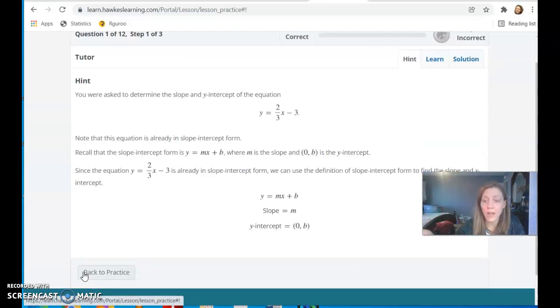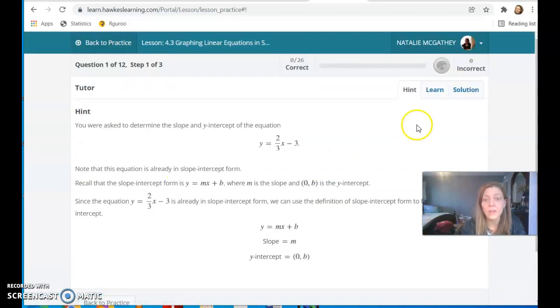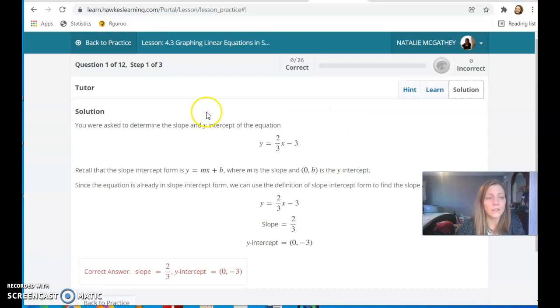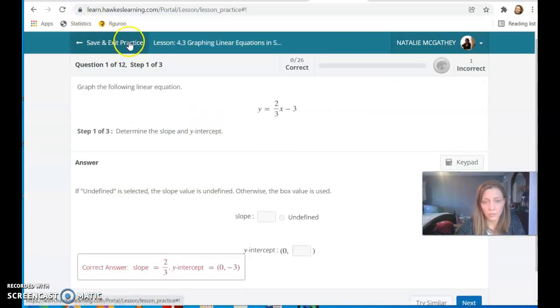This just gives you a little extra support when you're working on your practice problems by yourself. There's 3 modes here. This will give you a hint, and maybe you read the hint and you're like, oh yeah, I know how to do this problem. Or it'll take you back to the textbook, the section of the textbook that covers this. Or you can click on solution and it'll give you the full worked out solution. So all of that is available to you. That's like extra help in practice mode.